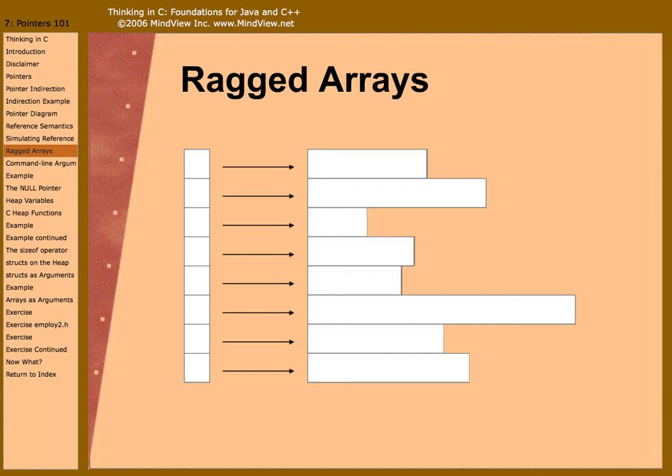But since strings tend to be variable length, of course, what I'm going to end up with is a lot of wasted space if I store a bunch of strings in a fixed size two-dimensional array. The size of the rows is going to have to be the maximum for whatever my longest string will be. And if any of my other strings are shorter, by virtue of having a terminating null somewhere in the middle of the array, well, then I've got all this other space left out on the right-hand side of each row